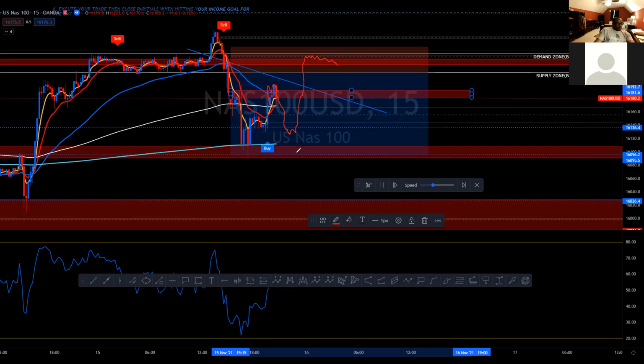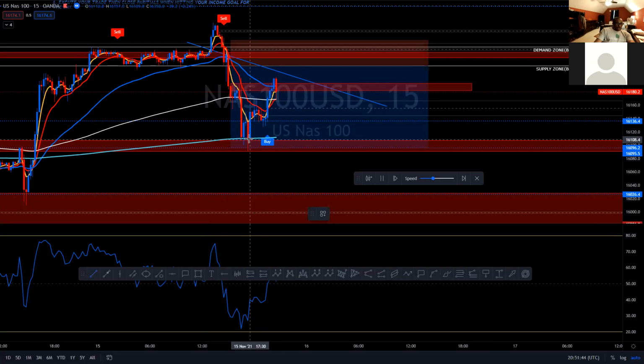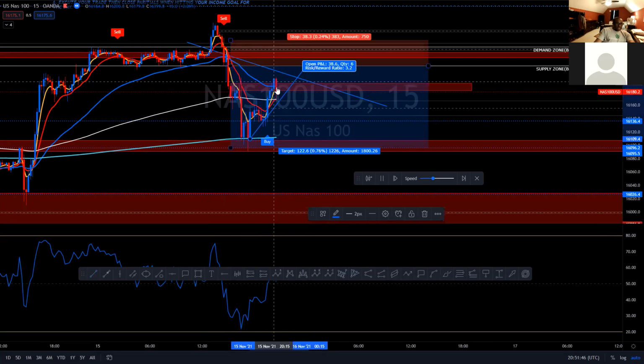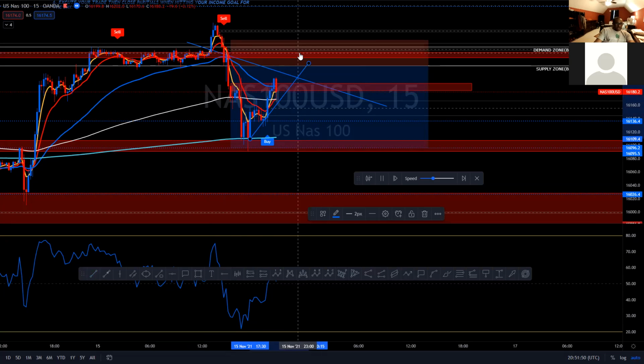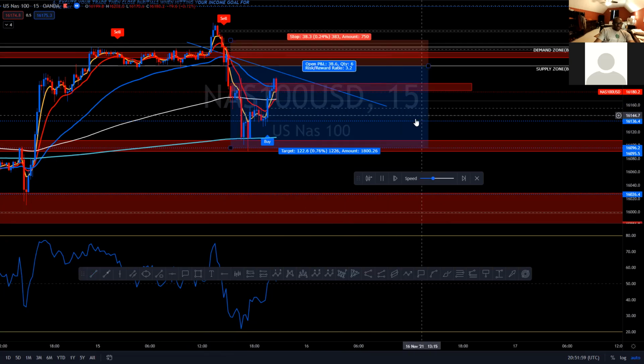So if you wanted to, I don't advise this, but an experienced trader could have short-term bought this up, made some money, probably bought it up again. And then when it hits here and it resists here, because they feel that this imbalance, they're going to sell it again. That's another sell opportunity. That's why trading imbalances are so powerful,